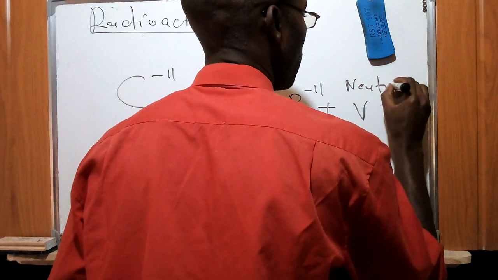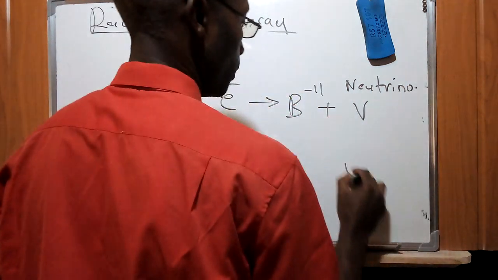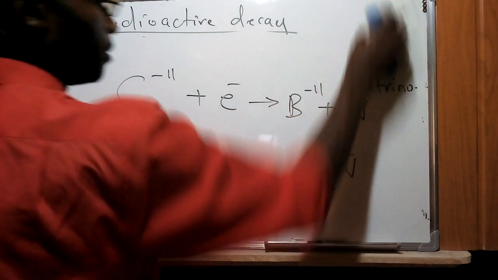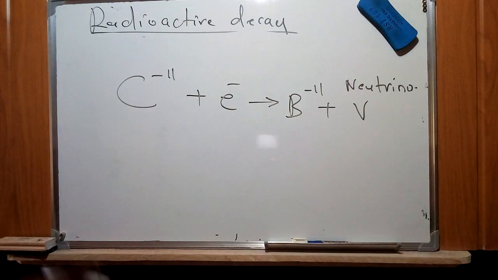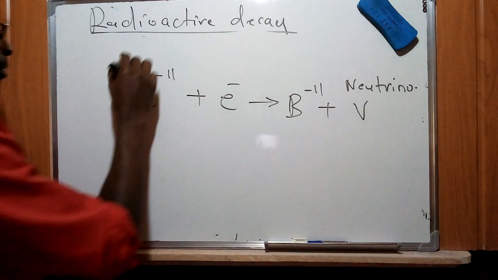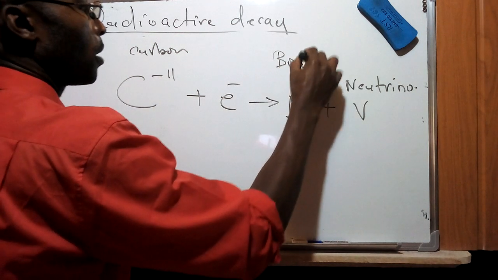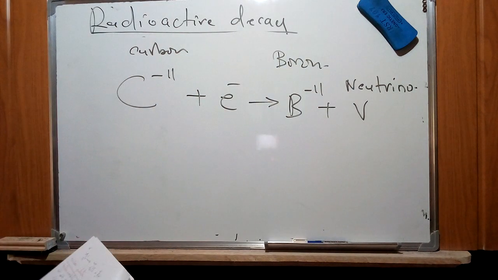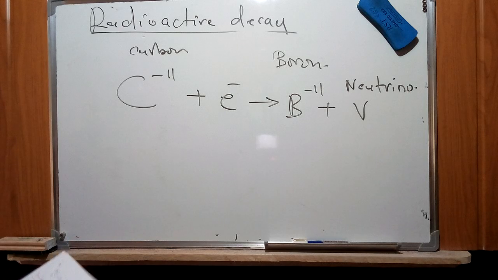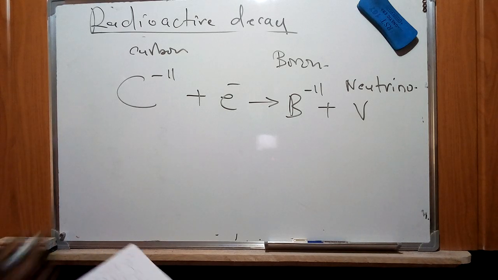So we refer to this one as an antineutrino, leading to the formation of a neutrino and that product. So this is carbon and this is boron plus a neutrino. So in this case, if we try to look at this particular case in essence, you find that for this one